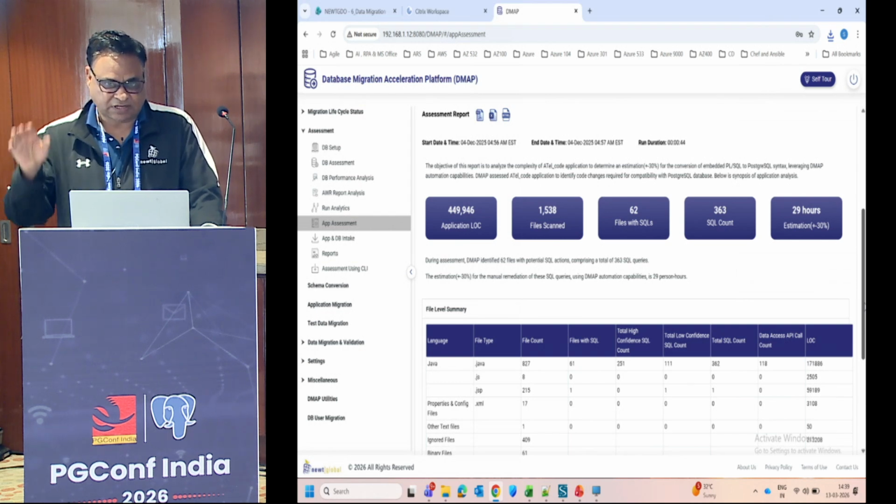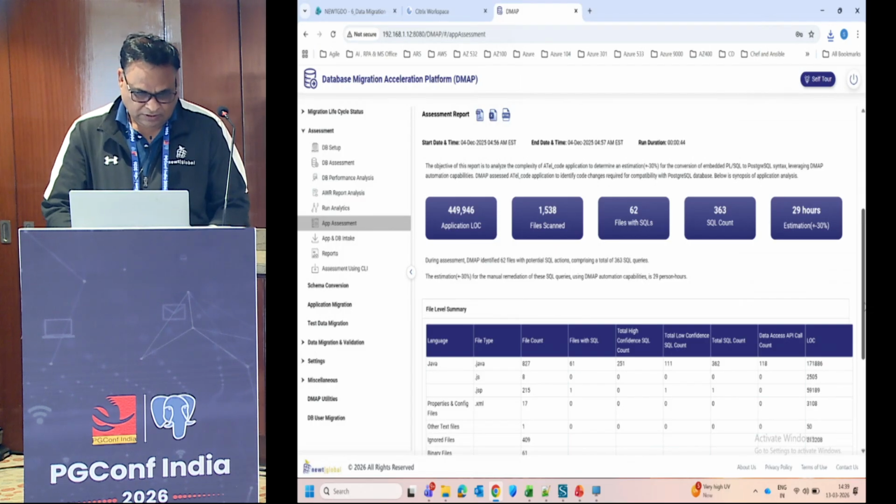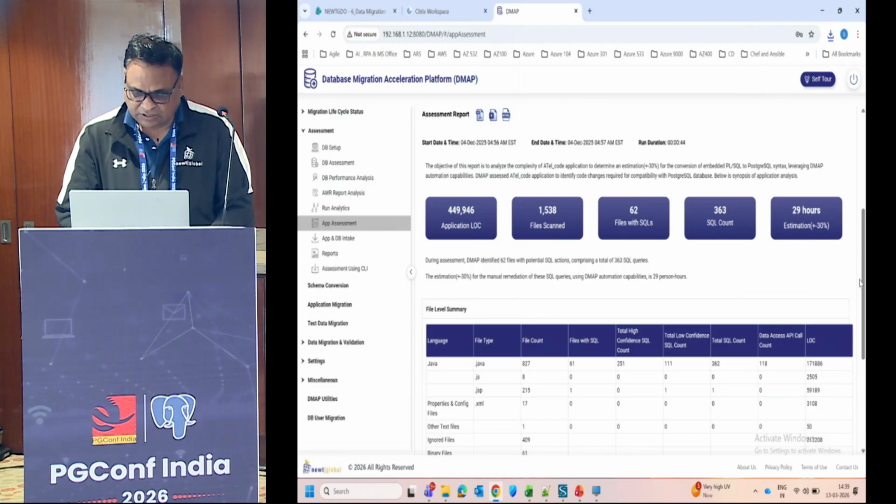So it has basically scanned through all your code and is giving the required information. Those 62 files have 363 SQL counts, and it shows how much effort it will take for the conversion part. This complete information is available so that you get a better idea.